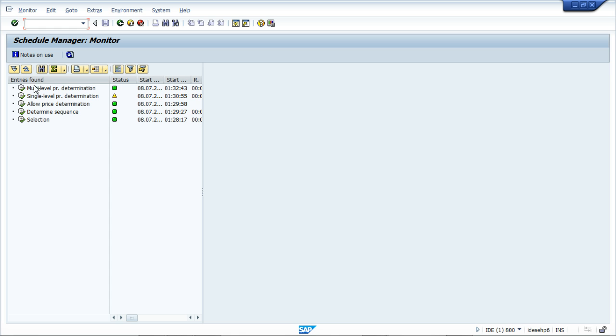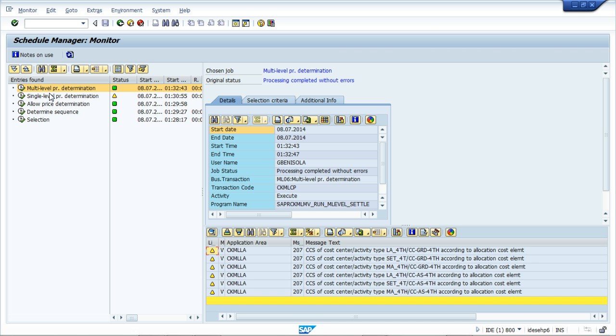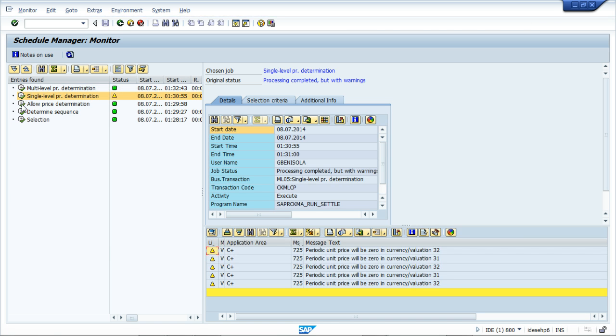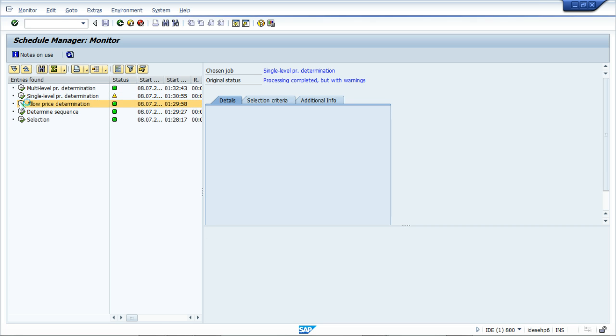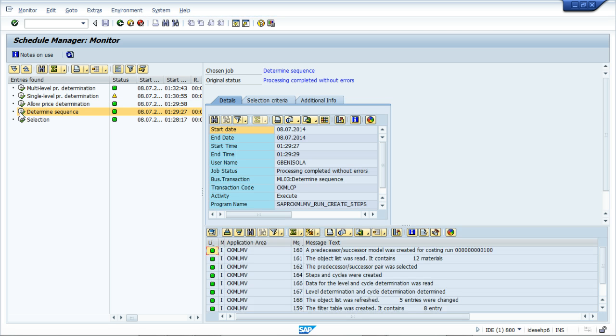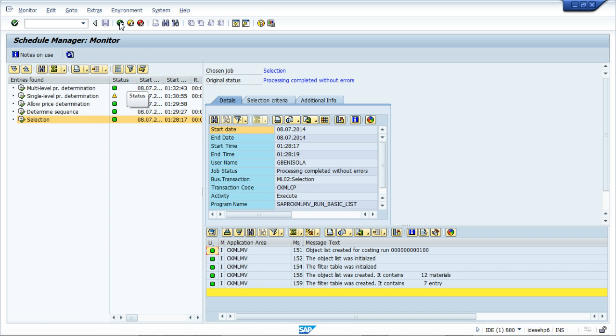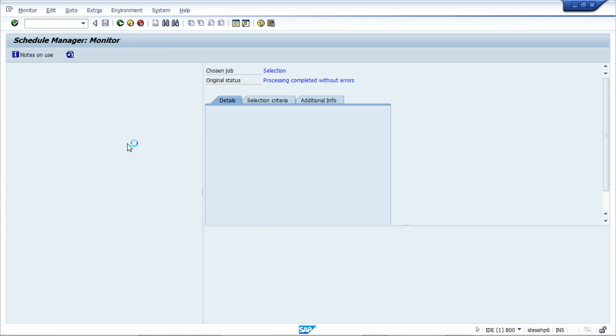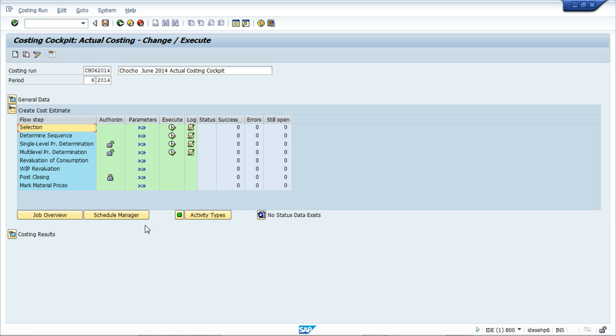But at this point, let me go with multi-level, or single level, or allowing price determination, determining the sequences, and selecting. So this is what we should have done before. We go out and